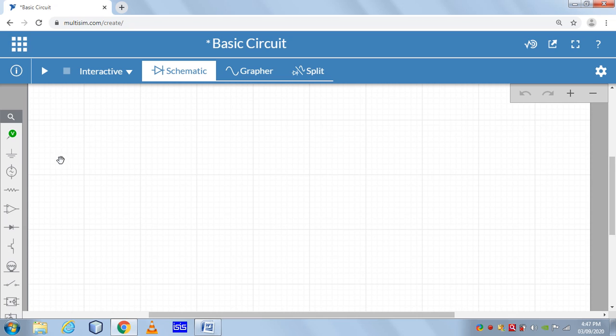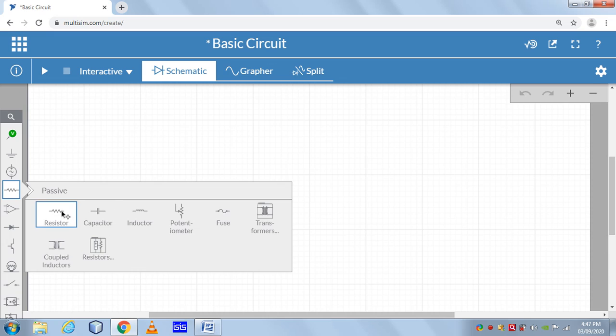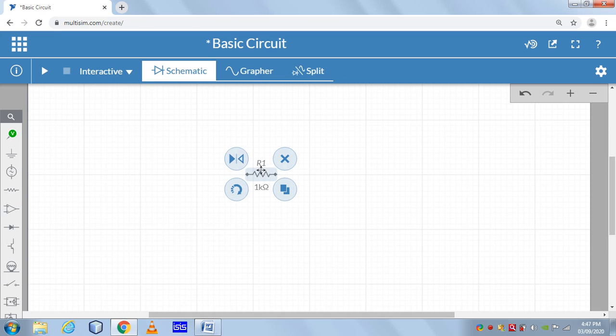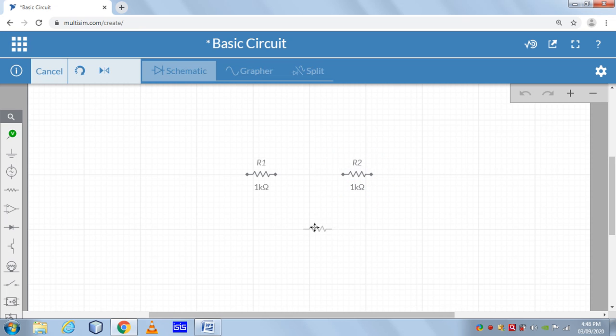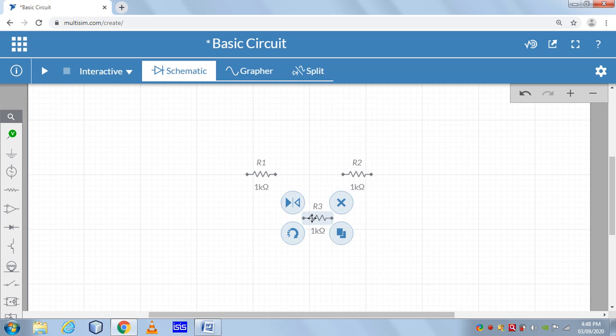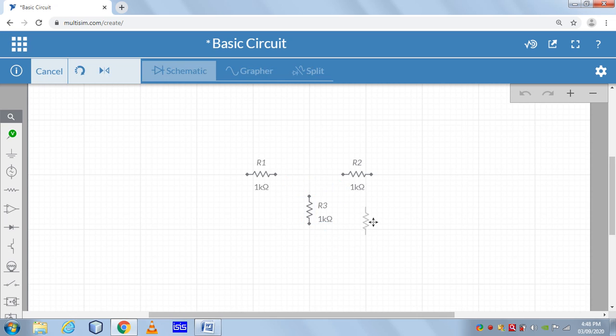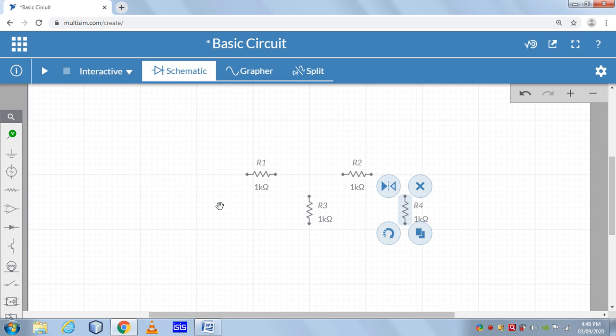And see, I will take one resistor, and when you right click here, it will be pasted. If you want to make multiple copies, hover on it, duplicate, control plus drag, left click, and take it here, and it will be duplicated. If you want to rotate it, you come to the rotation side and drag and drop it. Similarly you can put it here, and now this is more than enough. These are basic circuits. I am going to use four resistors, R1, R2, R3, R4.